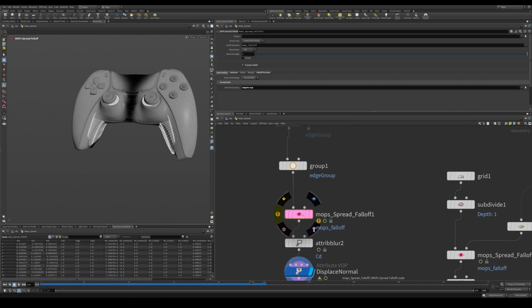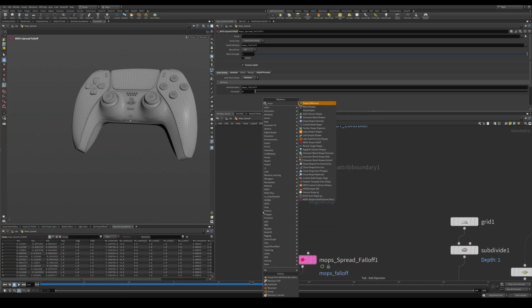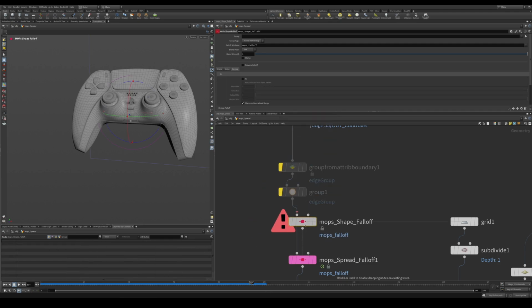So the MOP spread falloff is just like the shapes falloff, only that we're adding this group mask, which you select points through a group, or point cloud, which I haven't really used, or attribute. You can just select those different types. So you could create group or attribute. So let's see if this works with MOPs Falloff. So it's using MOPs Falloff as the attribute, and if we create a shape, MOP shape Falloff,